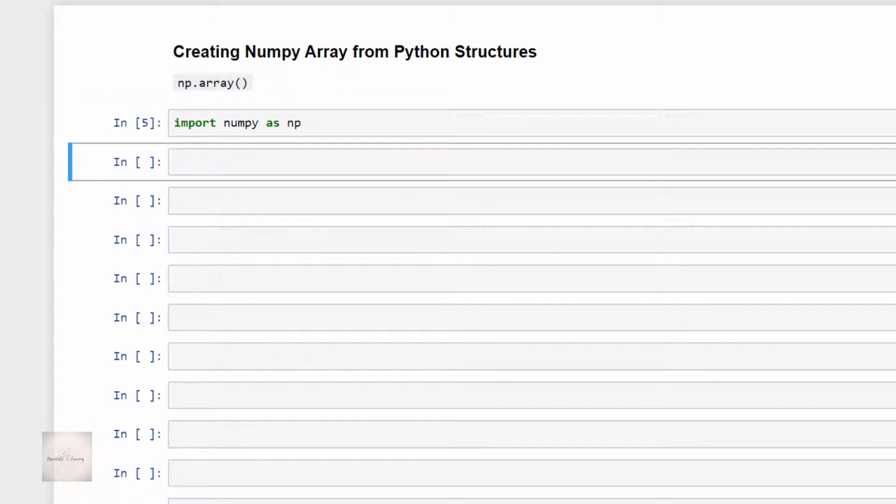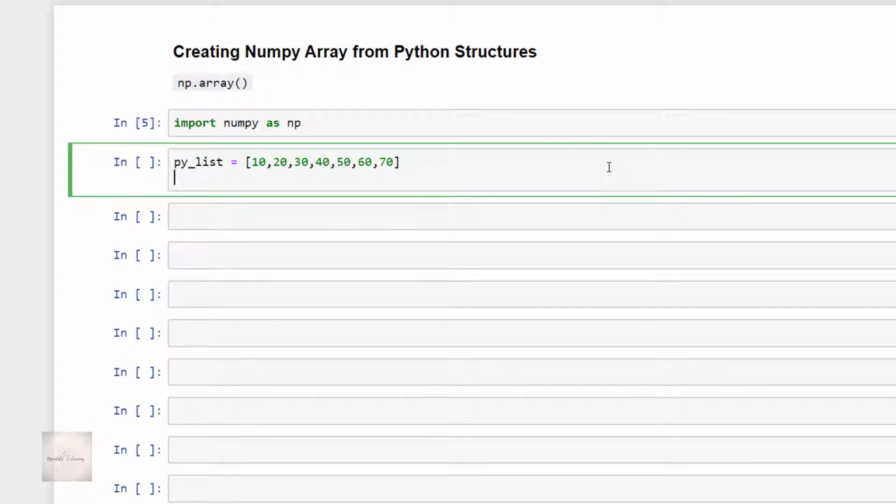I'll give the name as py_list, and then I'll give some list like 10, 20, 30, 40, 50, 60 and 70. Fine. Now to convert this Python list into a NumPy array, we will simply pass this list into the np.array function.